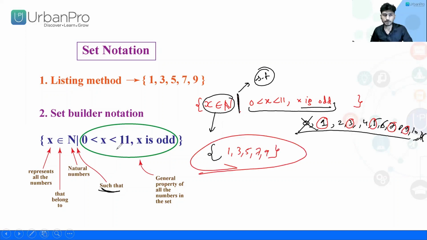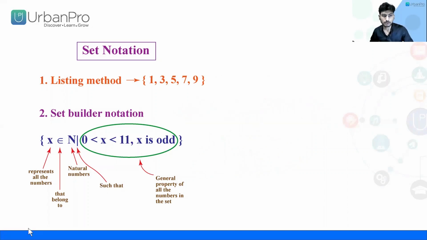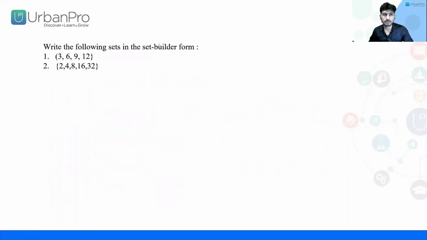So this is an example of the set builder form, and we have converted it into the roster form. You can have a question where you are given a set builder form and you have to convert it to roster form, and you can be given a roster form and you have to make a set builder form. Please, you just need to learn both of these syntaxes, how to make both. I have given some question here like this. Just pause this video and try to make this by yourself. Can you make it?